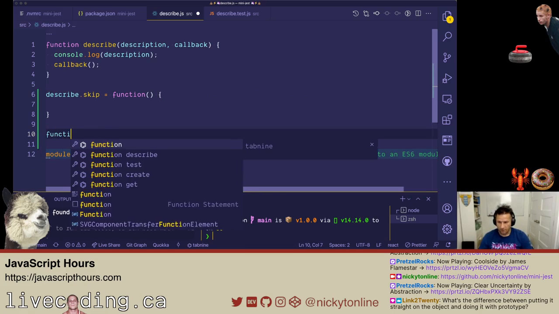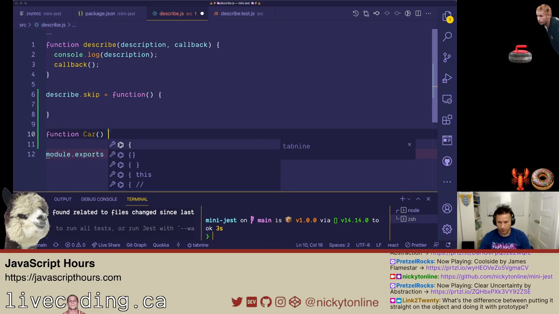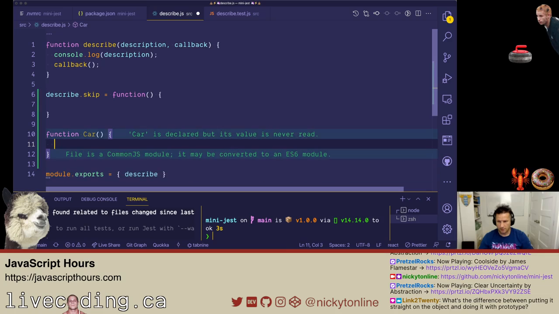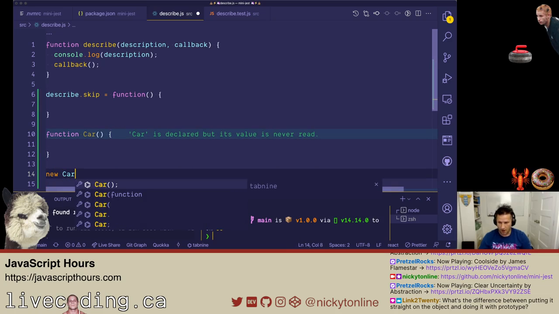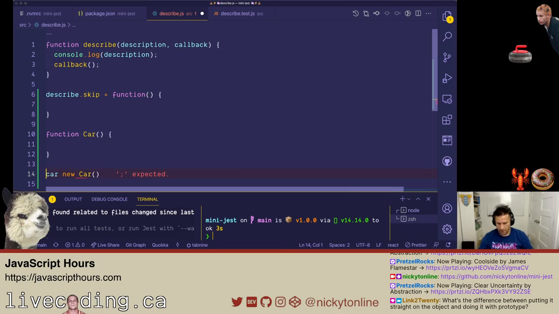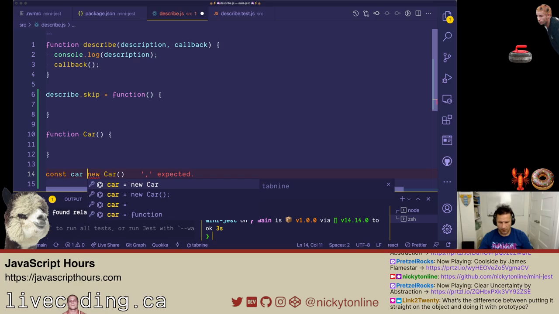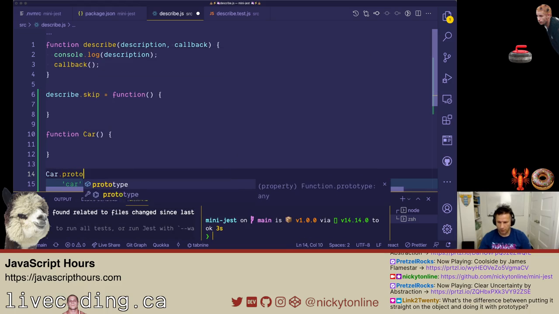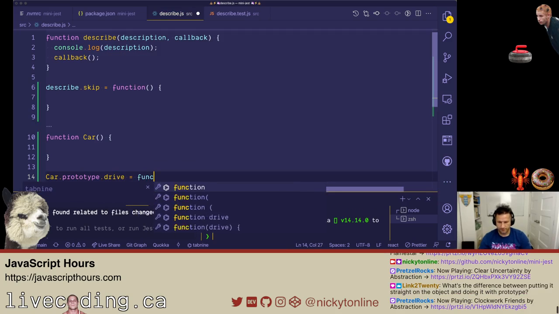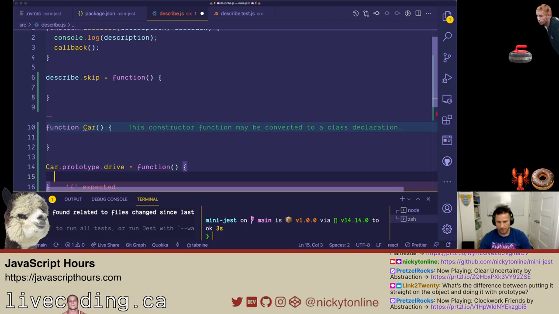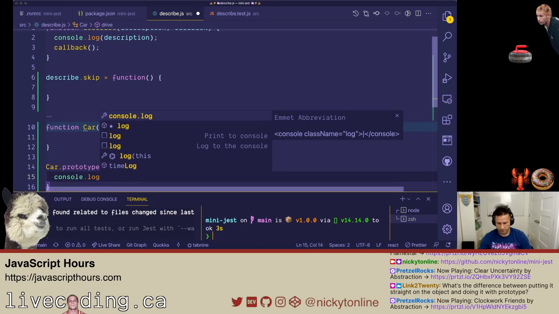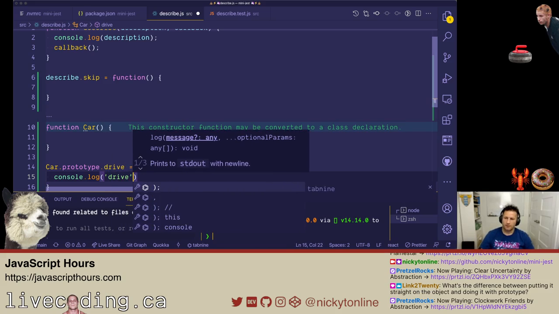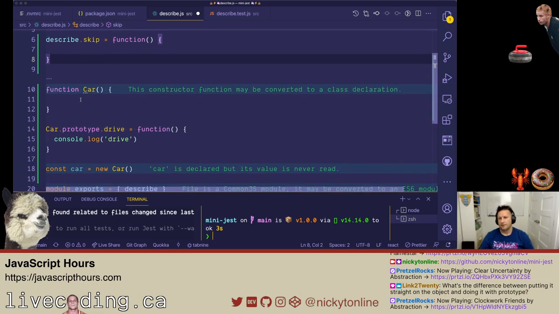You would say function car, for example. And then what you would do is you would say new car, and that would create a new instance of car. And then in that car, if you did car.prototype.drive, and it's a function, console.log drive. Okay, so what happens here is every time you create an instance of car,